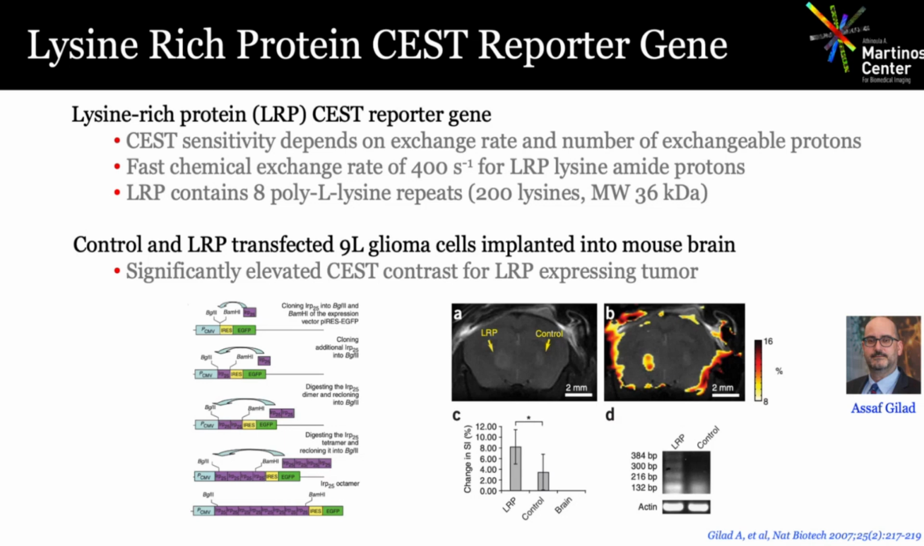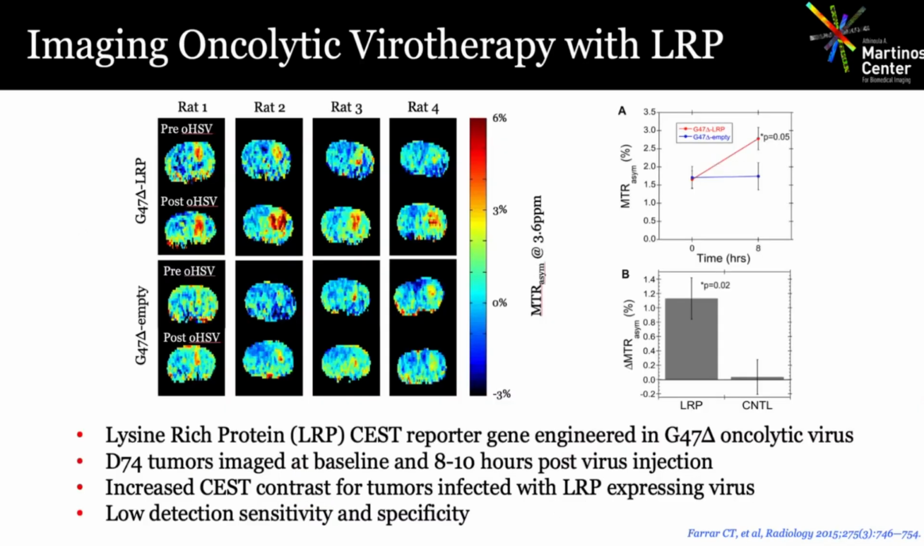So anyway, he cloned that into a tumor, 9L glioma cell, implanted into mouse brain, and you can see the LRP expressing tumor. You see elevated CEST contrast compared to the control. So we took that LRP and put it into our oncolytic virus. This was G47 delta oncolytic virus. And it does work. So you can see the LRP expressing